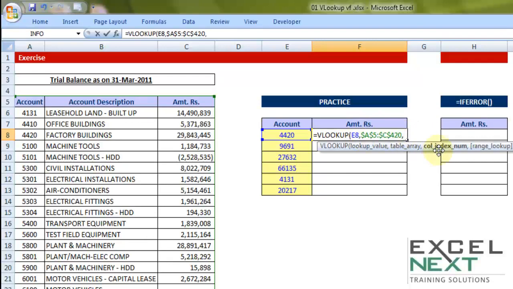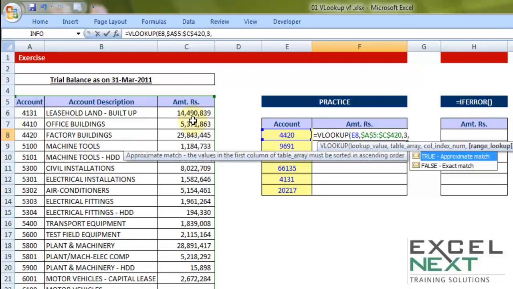So let me put a comma. Lookup value has been chosen, the table array has been chosen and fixed and locked. Next, the hint tells me column index number. Once this lookup value is found, let me count 1, 2 and 3. That is the third column specifying the amount, so column index number 3.